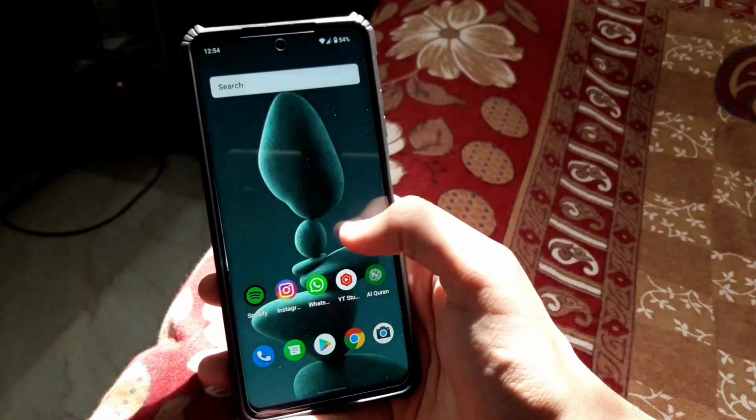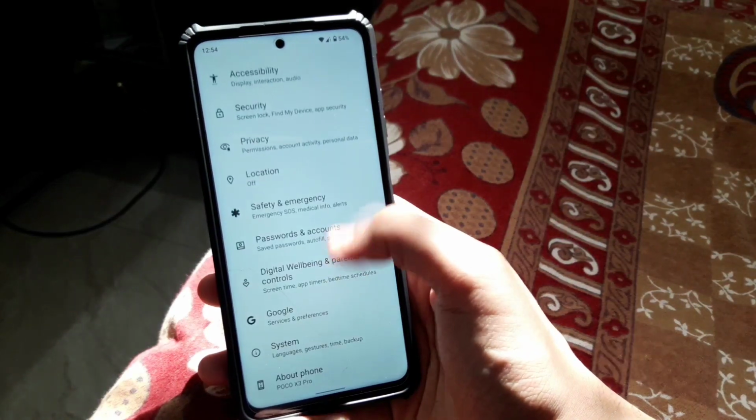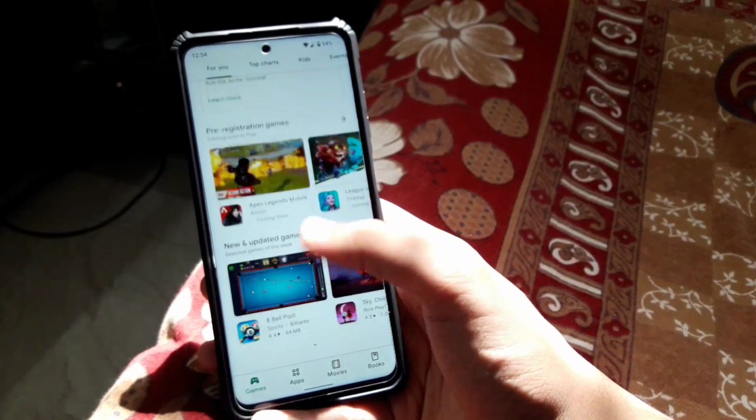This is official Arrow OS running on Android 12 for the Poco X3 Pro, and I've just installed this right now, and to be honest it's pretty smooth, but there are some things I want to discuss with you, and this is just